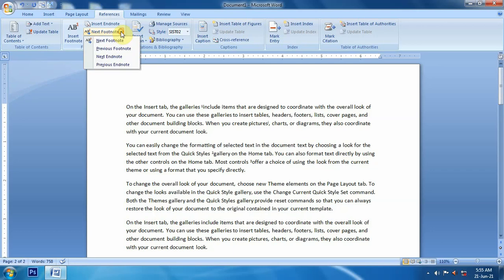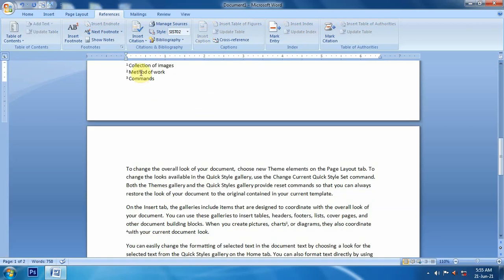And the same thing will also work with endnotes. So like this we can insert footnotes and endnotes. The footnote always shows at the bottom of the page, while the endnote shows at the end of the document. But all these footnotes and endnotes contain either synonyms related to the words or their meanings or terms related to the words on which we are placing the footnote. When we click on these numbers which are shown after inserting a note, they will bring us to their definition or their synonyms or things related to those, which are placed either at the footnote or at the endnote.